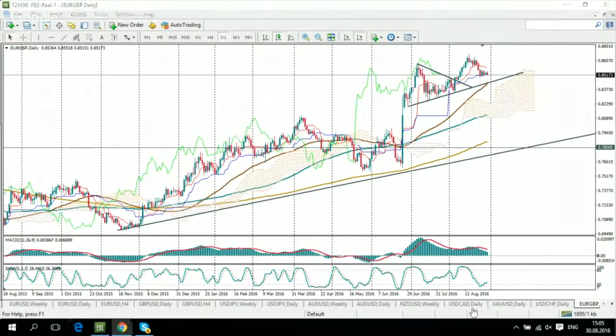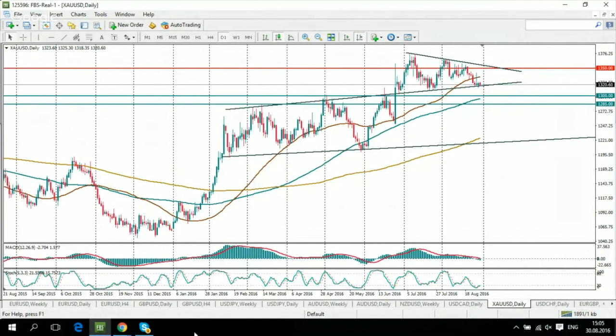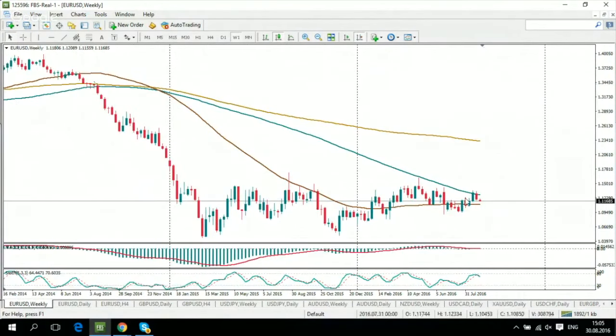For example, let's have a look at, well, euro dollar. We'll pick the euro dollar, look at the weekly chart, and see that here maybe not a very decisive signal from the candlestick point of view during the last week, but still the pair was at the very important level of the 100-week moving average. It failed to settle above this line,